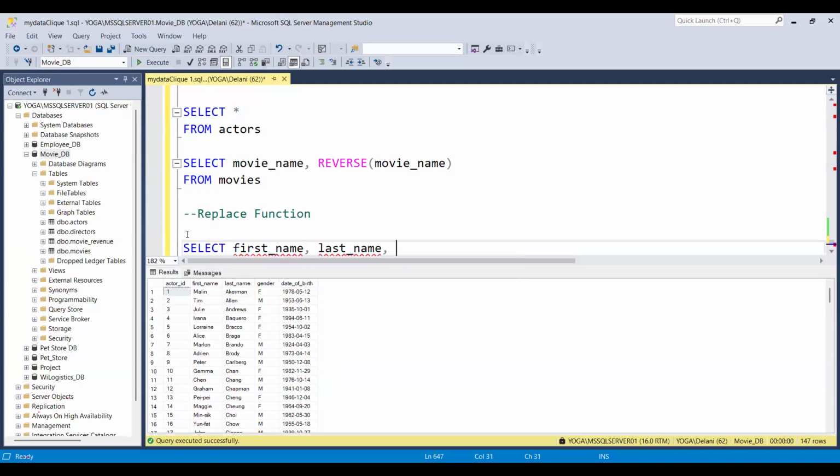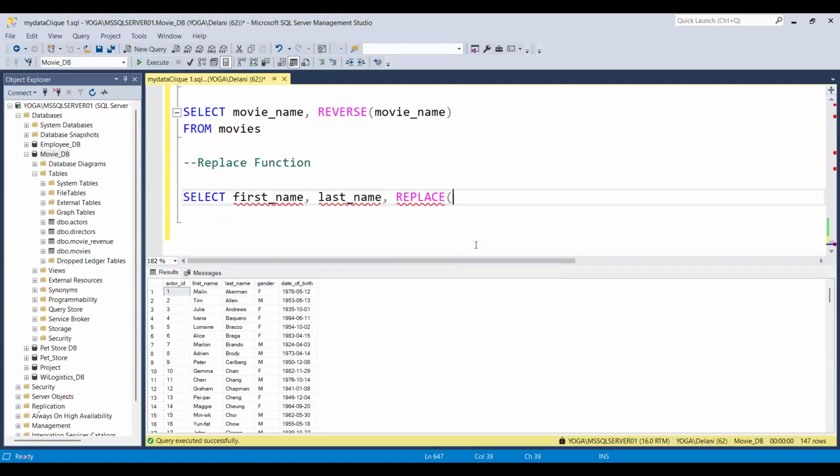Then the replace function. The way the replace function works is that it will ask for the column that you want it to search, that is expression to be searched, say gender,